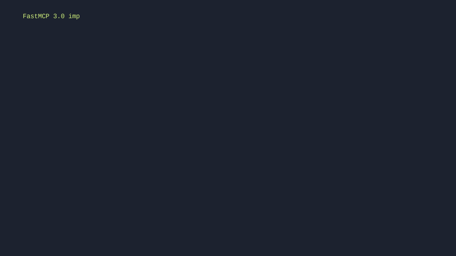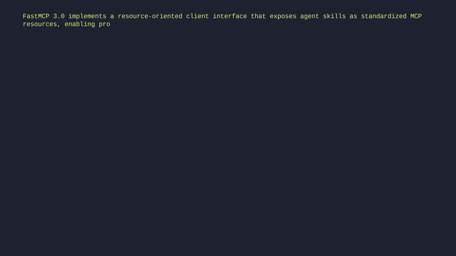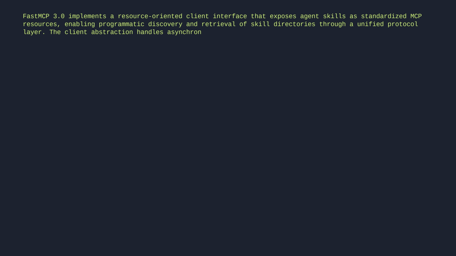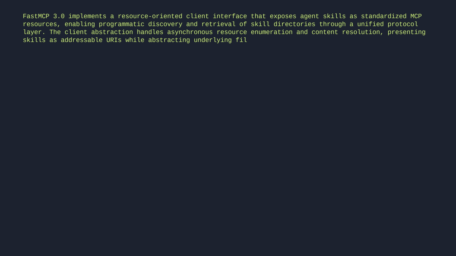FastMCP 3 implements a resource-oriented client interface that exposes agent skills as standardized MCP resources, enabling programmatic discovery and retrieval of skill directories through a unified protocol layer. The client abstraction handles asynchronous resource enumeration and content resolution, presenting skills as addressable URIs while abstracting underlying file system